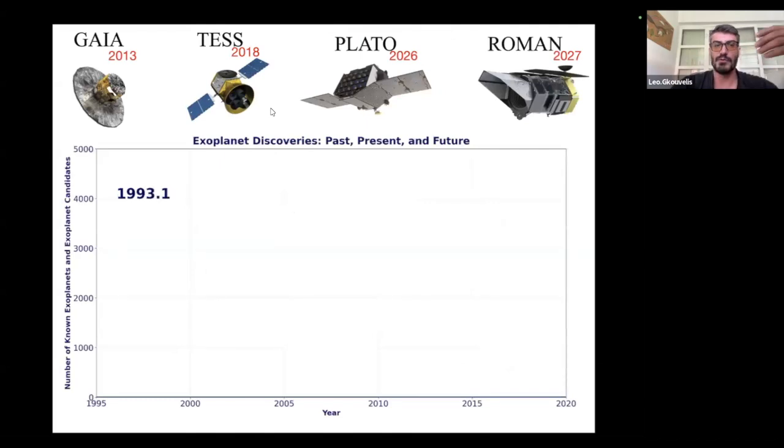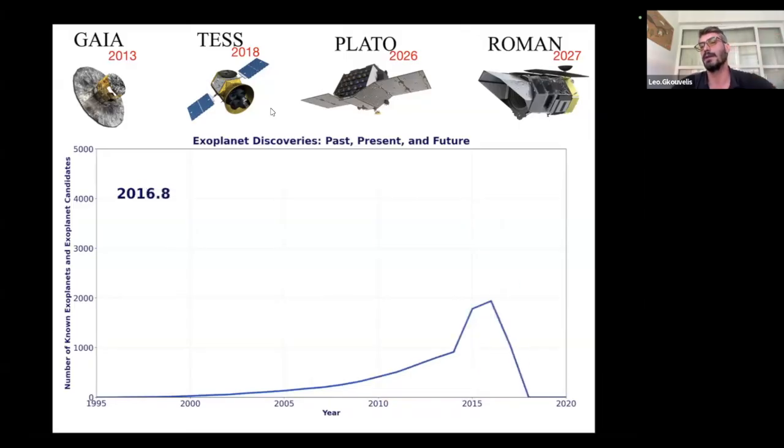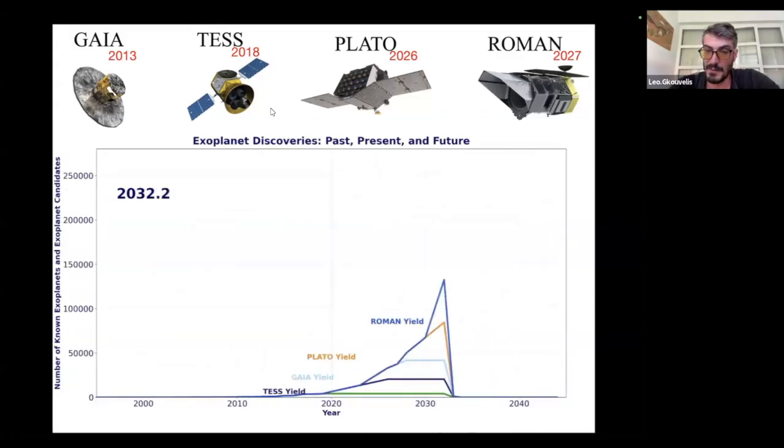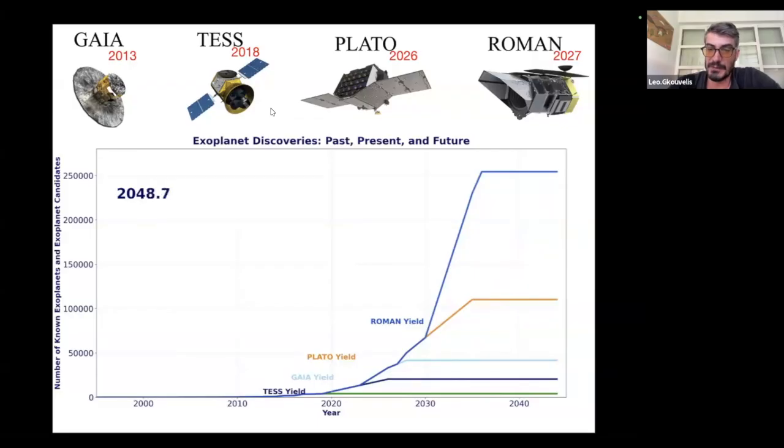So going forward, this was the known detection, and in the next few years, the predictions are very, very optimistic with the new missions that are in space. People expect to detect orders of magnitude more exoplanets, including small ones, rocky ones. And this would be an exciting period for exoplanets, but this is only the detection of them.